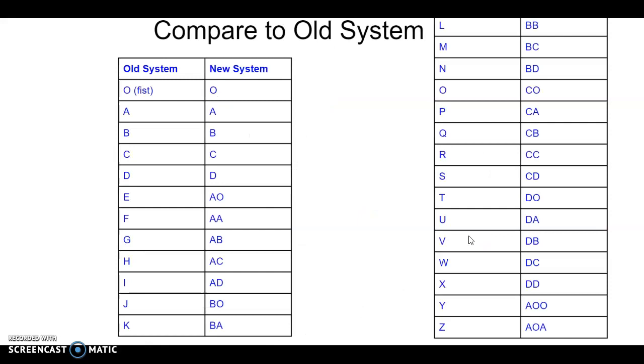This last slide helps us compare the old system to the new system. And if we look at the beginning, we can see that O through D are the same. I'm just